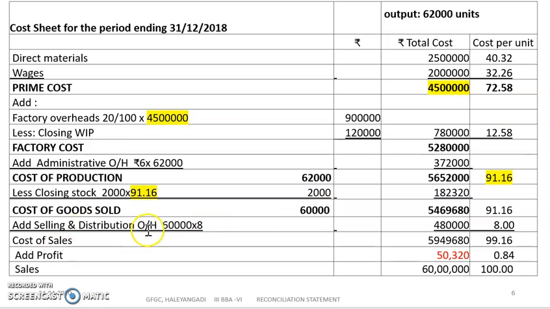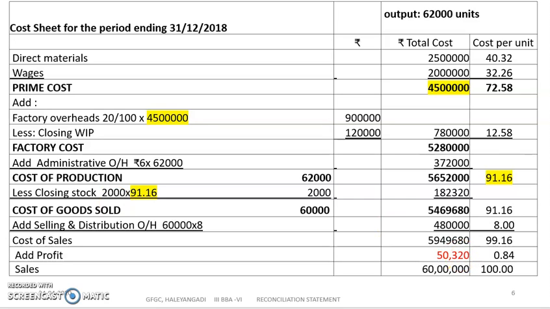So when you're calculating selling and distribution overheads, 60,000 into 8 rupees. That will give you 4,80,000. Selling and distribution expenses are incurred only on the goods sold, not on the output. Because 2,000 is not sold, you deduct that and then you get this. And it's also given in the question, 60,000. I repeat that. Now you get cost of sales, then you get profit